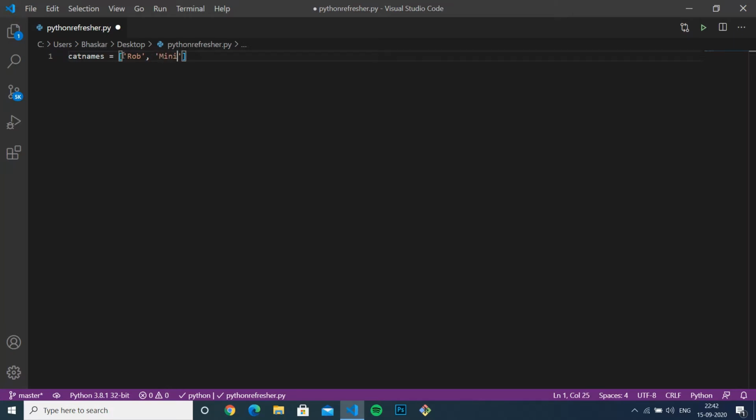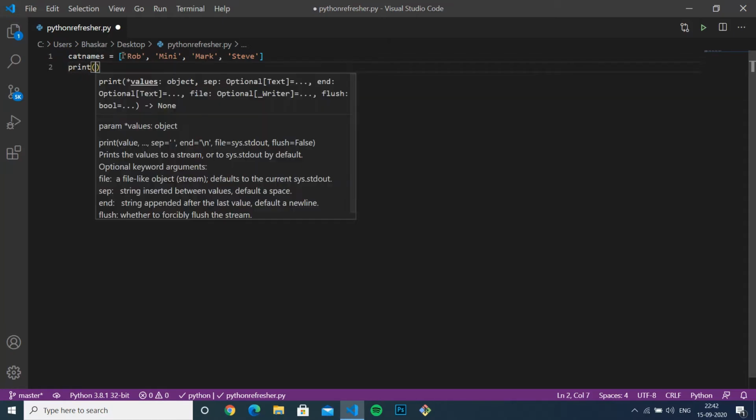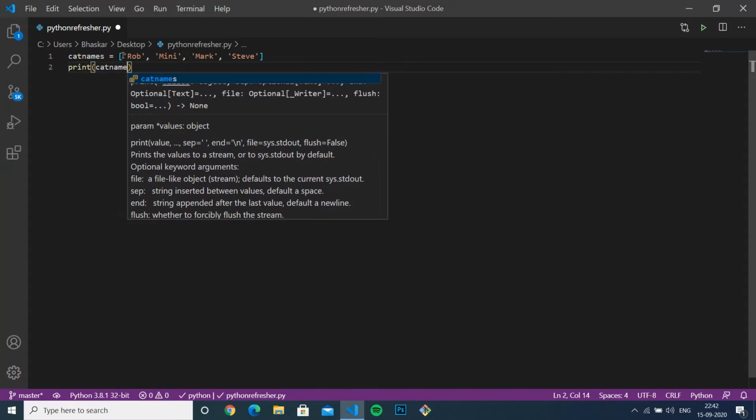And I'll do Mini, and I'll do Mark in the string, and I'll do Steve. Okay, I'm done. And if we need to call this, obviously we need to put print cat names,